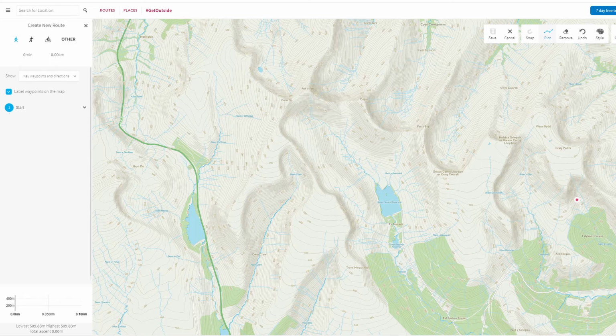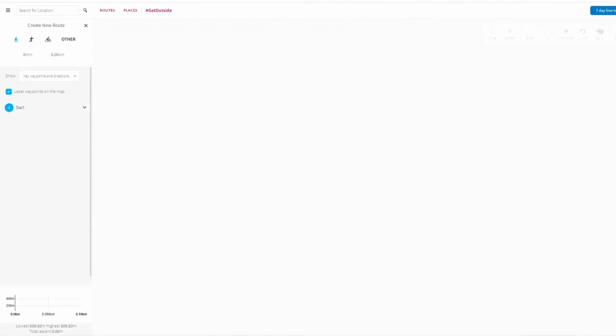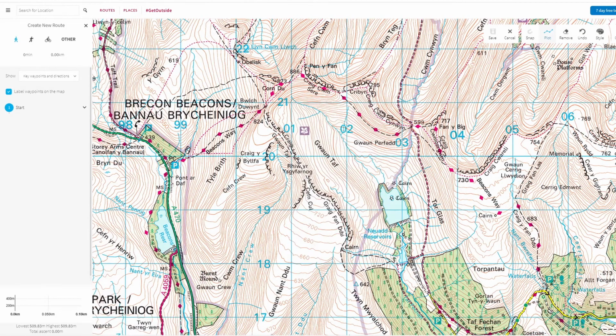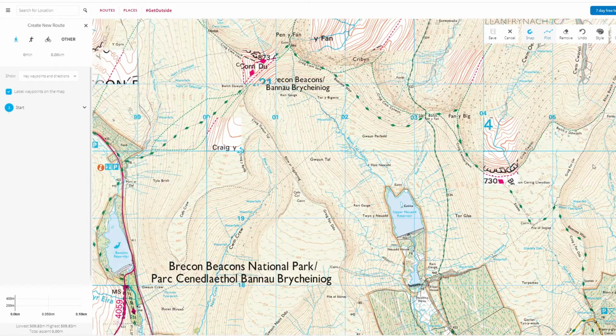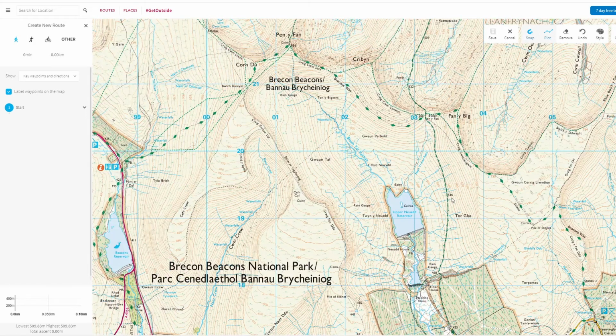You can have trouble with the maps if you're not looking at the right map. So if you had a paper map, you'd have Ordnance Survey 1 to 50,000. It would look like this. Okay, and then if you zoom in a little bit more, you get the 1 to 25,000. You'll be familiar with those if you've been using your maps and compasses for years. Okay, in this mode you can use the snap,